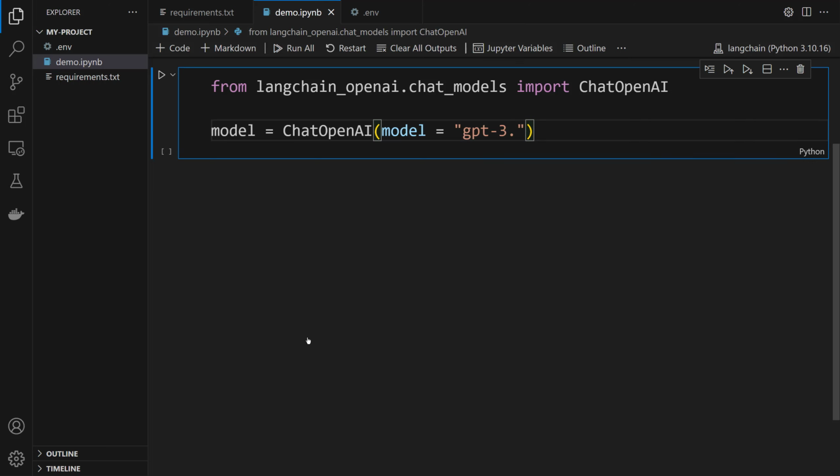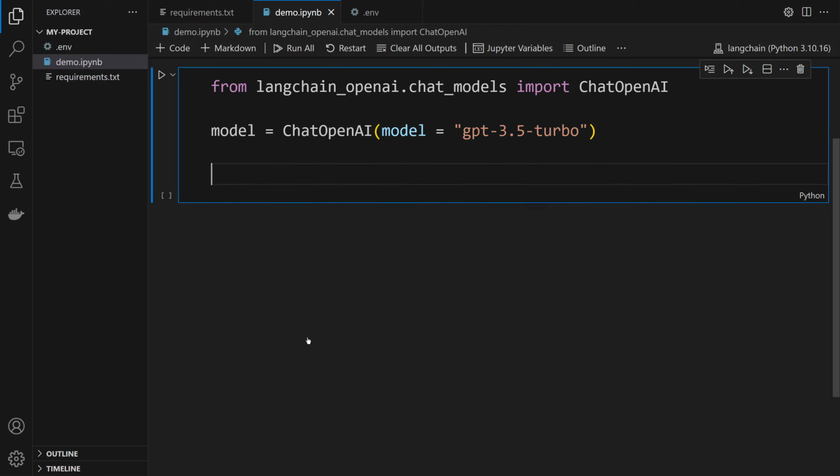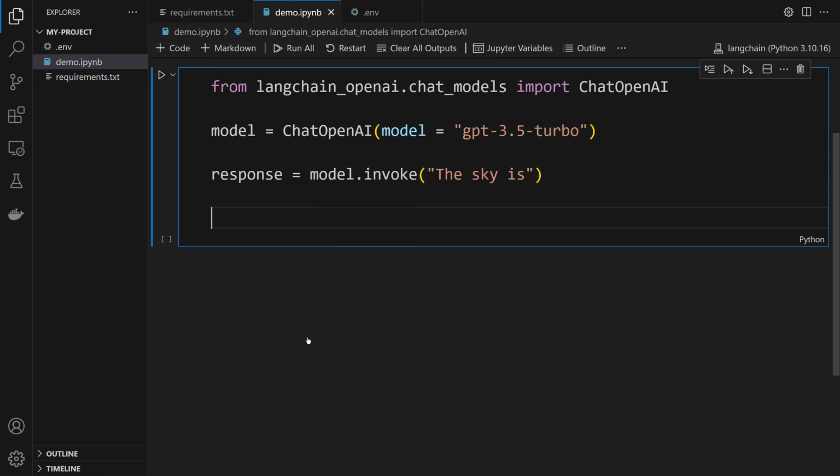The last thing we're gonna do is call the invoke method. response equals model.invoke. After that, let's pass the text, The sky is. Let's take a look at the output using the print method. print(response.content). Let me run this cell.